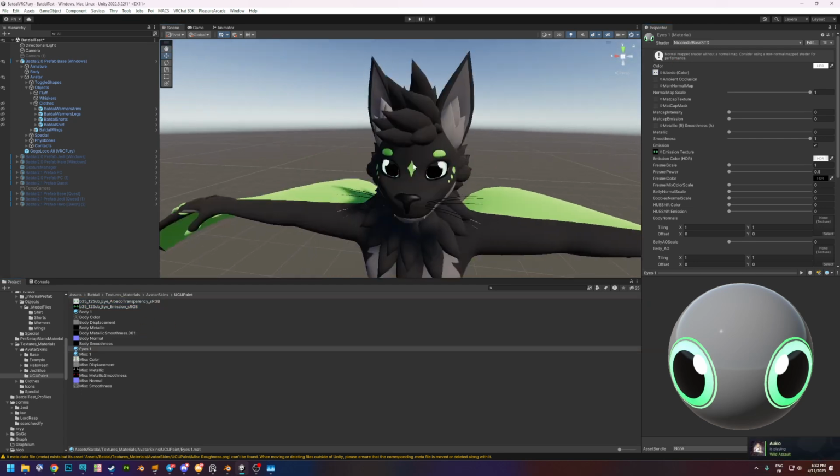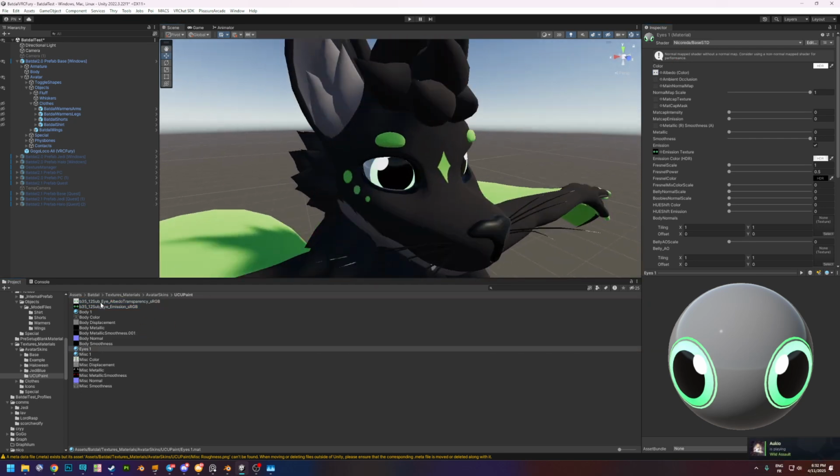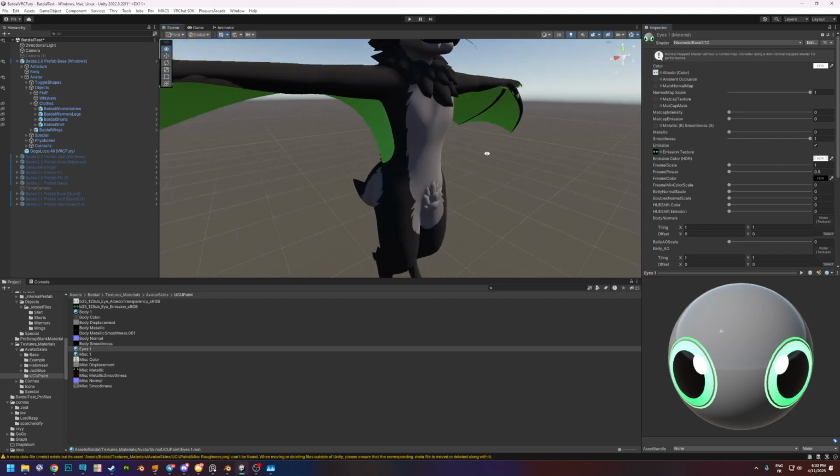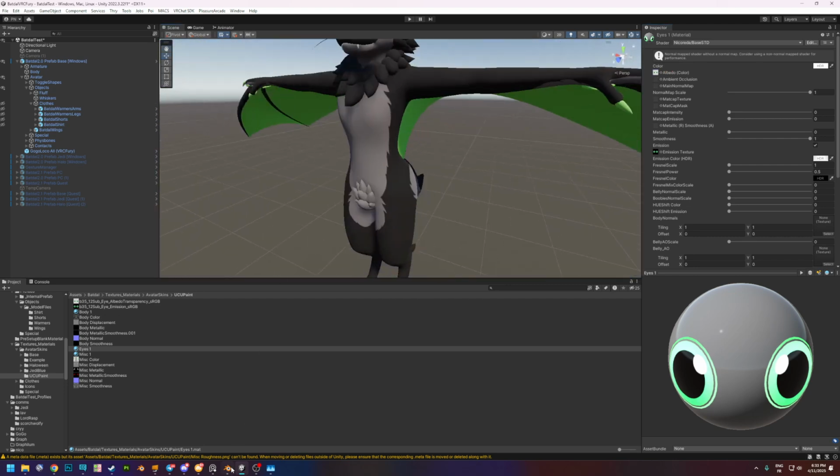Puff, and then now I got my cute little bat that I can use for Unity. One last thing,